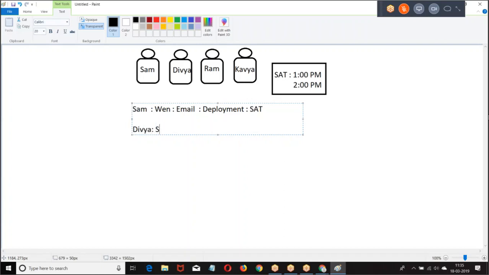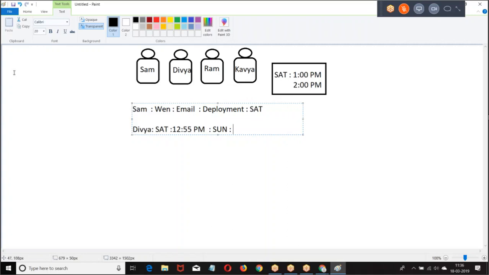Divya, on Saturday at 12:55 p.m., she made a call. She told, we'll cancel the movie today and go tomorrow. Then what team members will say? No problem. We'll go on Sunday. Right. Now what happened? Any change in the Divya plan is impacting the team plan. Any change in the Shyam plan is not impacting the team plan.